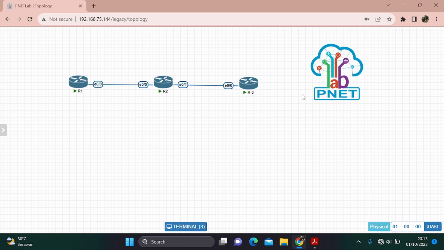This checksum value is then inserted into the BGP message as part of the message header. When the receiving router receives a BGP message from the sending router, the receiving router recalculates the checksum value using the same password and compares it with the checksum value received in the message header.